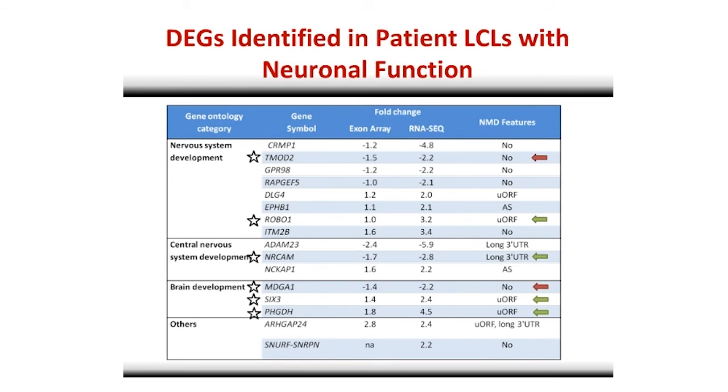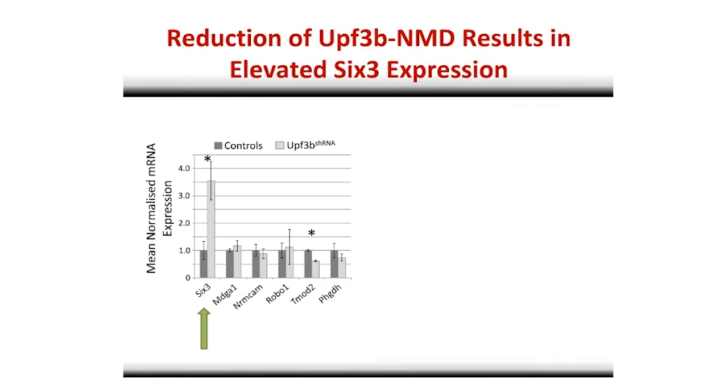So we really wanted to reconnect our in vitro models of this disorder back to the patients, back to the affected individuals. And we did this by having a look at some of the deregulated genes which I mentioned before. These are a list of genes which we discovered in the affected individuals' blood cells that looked like they had roles in brain development. The arrows on the right indicate whether they had an NMD feature or whether they did not. And we took some of these genes with the stars next to them and analysed their expression in our cultures.